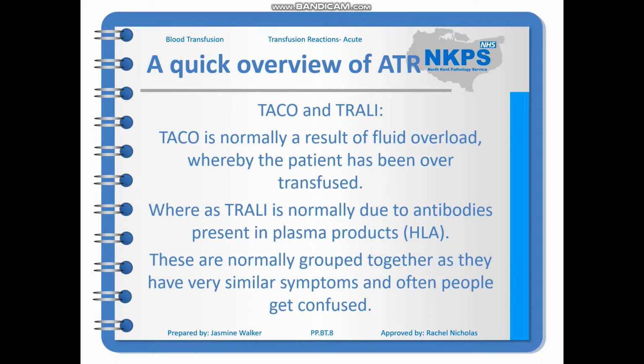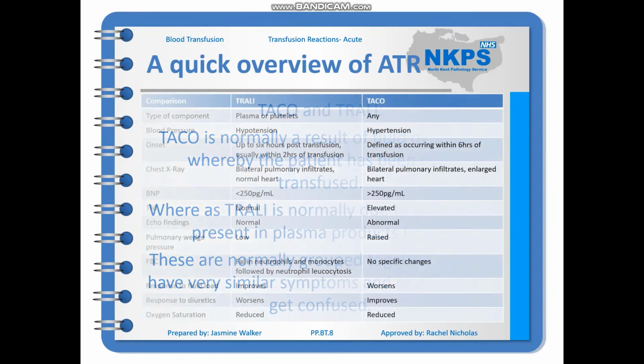So TACO is normally the result of a fluid overload. So that's where a patient, normally smaller patients, are just given more fluids than their body can handle. Whereas TRALI is normally due to antibodies present in plasma products. These are HLA antibodies, or human leukocyte antigen antibodies. And in the past 5-10 years, what we collect from different donors has changed in order to try and reduce the risks of TRALI, and there have been fewer cases of TRALI as a result of it. So TACO is the main issue, but they are very similar in their presentation,